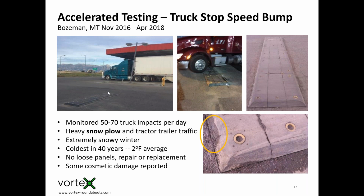So we mounted a trail camera up on that light post you see in the picture to the left, and we counted how many trucks were going over it. And so we're seeing about 50 to 70 a day, pretty heavy use. It's cold and snowy up in Bozeman, so we saw 2 winters while it was installed. One of which was, I guess, the coldest in 40 years. Average temperature was like 2 degrees, so it saw some significant